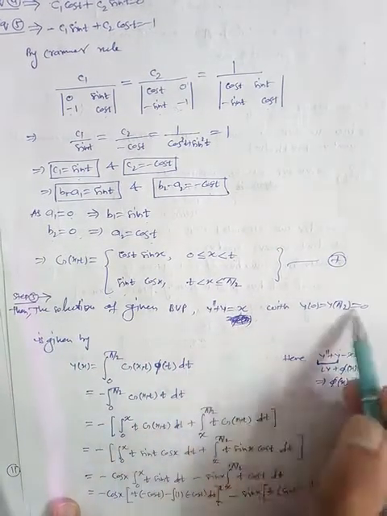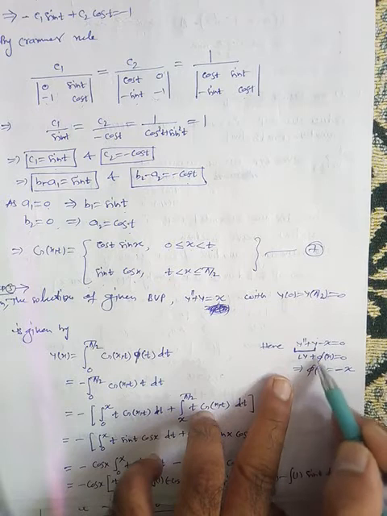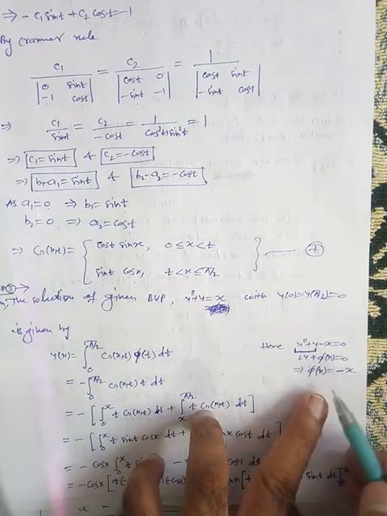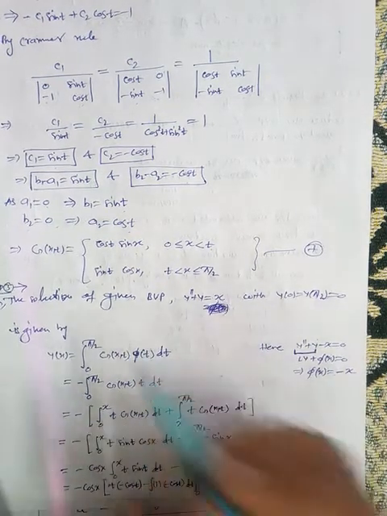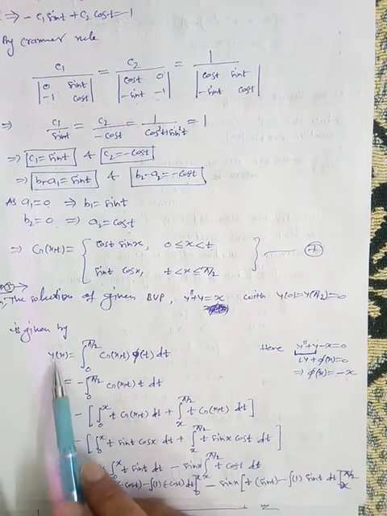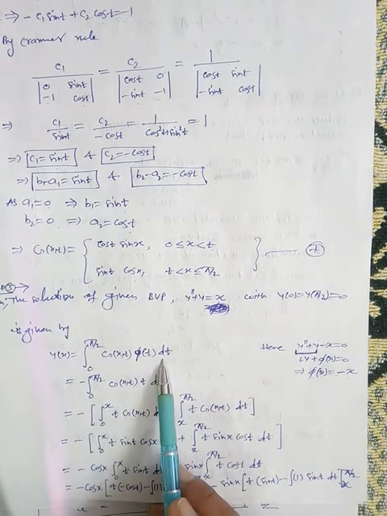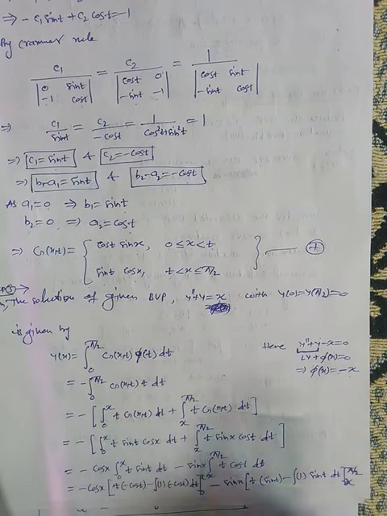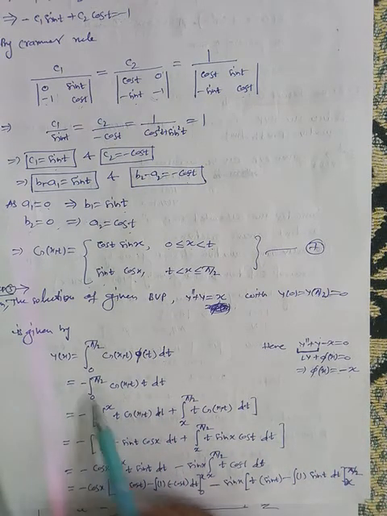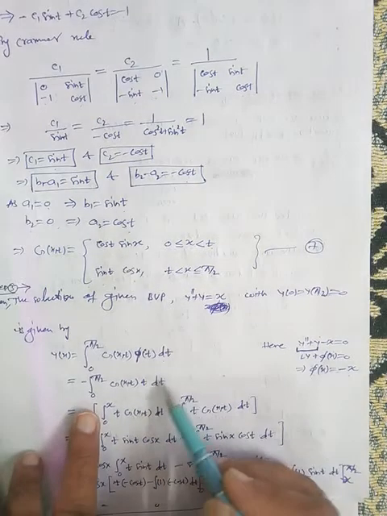So this is the equation. Here this is the Ly, and this is your phi x, so phi x is minus x, because when we take this to the left hand side, phi x will be minus x. Now the solution is given by y(x) equal to the integral from 0 to pi by 2 of G(x,t) phi(t) dt. So put phi t as minus t, so the minus is here, and we have the integral from 0 to pi by 2 of G(x,t) t dt. Now here the variable is t.